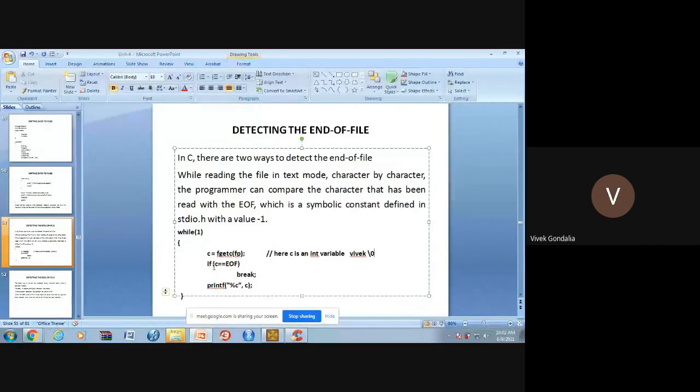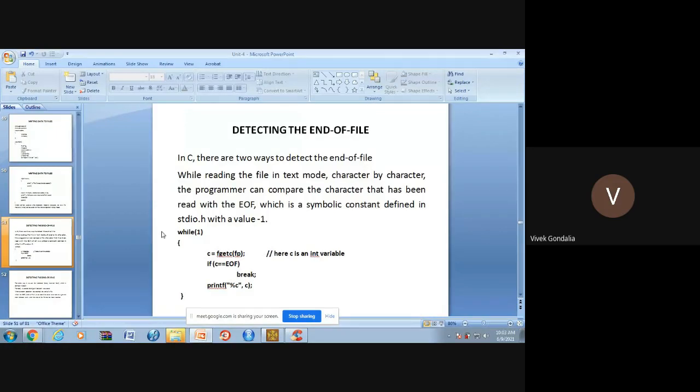So this null is equal to EOF? Yes. So it will break. So whenever the data is there, it will go up to this, and after that it will break. And see this thing: whenever I do the break, clear? It will stop the execution of this while loop, right? So by using this, you can detect the end of the file.